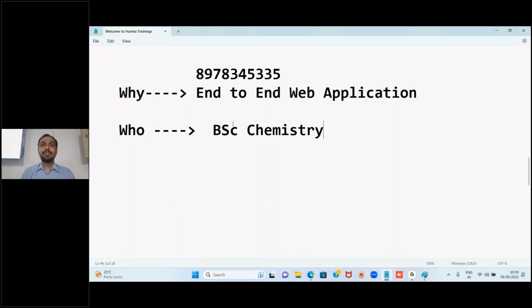Some people say we are not from computer science, sir, we are not from IT, sir, that's why it may be difficult for me. BSc chemistry means it's not even an engineering subject, right? Yes or no? And these people are working as full stack developers. It was completed just 2 months back, and they have already completed 1 month working as full stack developers. I have so many students, but I'm just specifically telling this.